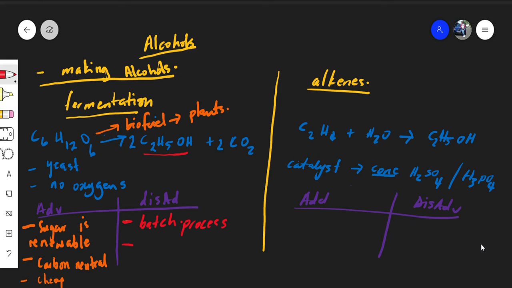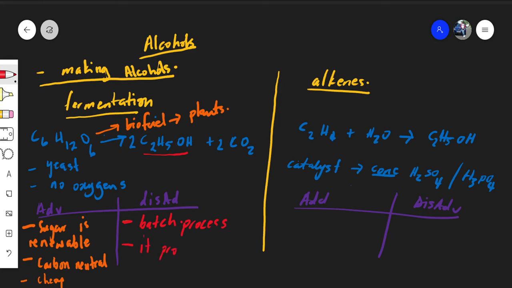At the end of the day, the carbon neutrality is a little bit dodgy, so this can be flipped on its head. You can say that it is not totally carbon neutral, but we are going to talk about it in a little bit. And the other disadvantage is that it stops